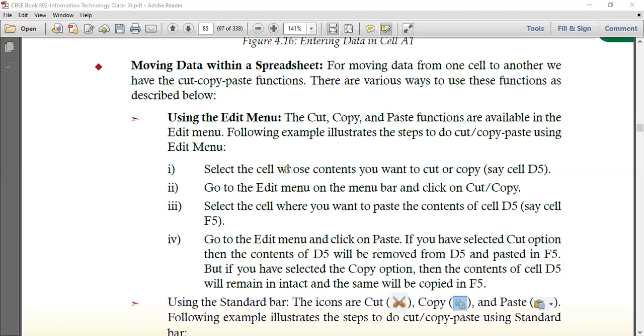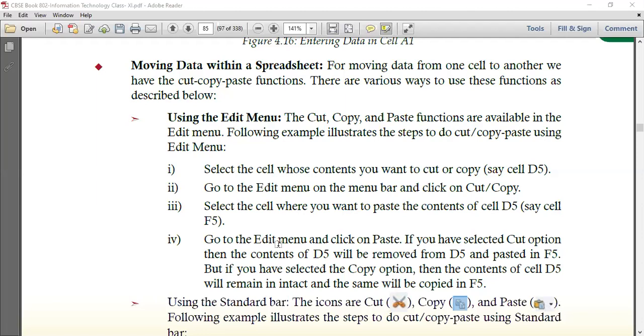जब आप कट करते हो तो फर्स्ट लोकेशन से वो डेटा is removed, and when you paste it at some other location, तो वो नई लोकेशन पे वो सेम डेटा पेस्ट हो जाएगा, moved to that particular new location. तो पुरानी लोकेशन से वो रिमूव हो जाएगा. But when you go with the copy paste option, it will create a copy of the same data at a new location. तो पुरानी लोकेशन पे पुराने सेल में भी डेटा होगा, नई लोकेशन में भी डेटा होगा. ठीक है.